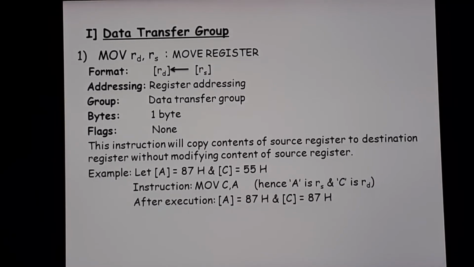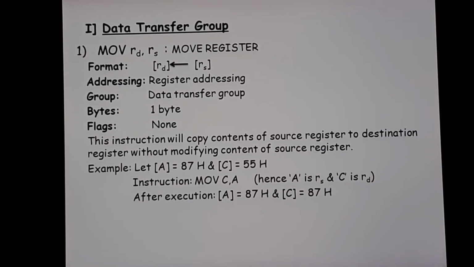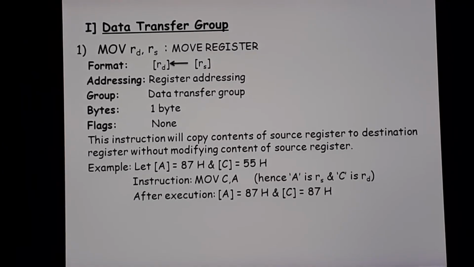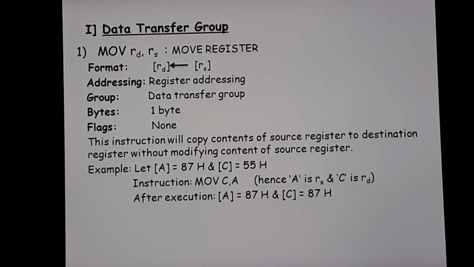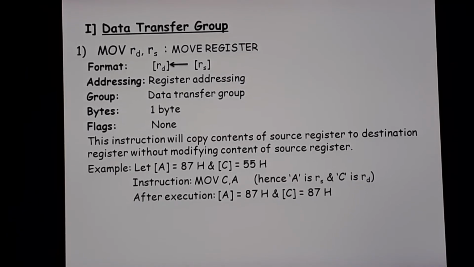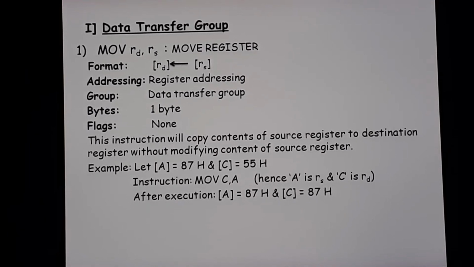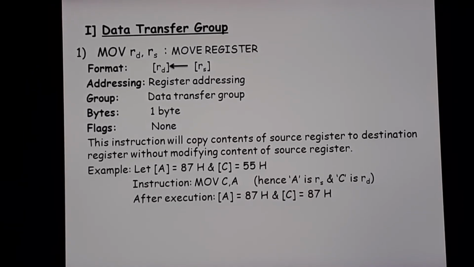The comment, or you can say the description for this, is written here. You can write in your own words if you want. What happens in this instruction? The content of the source register RS is moved or transferred to the destination register, and after transferring, the content of the source register will not be changed, it remains unchanged. See here, I have taken an example. Slowly we'll start with the instructions, and if you do not understand, you can personally message me on WhatsApp.